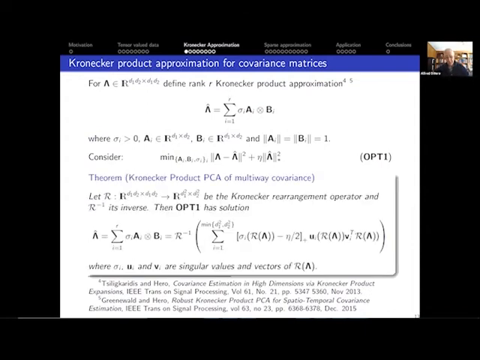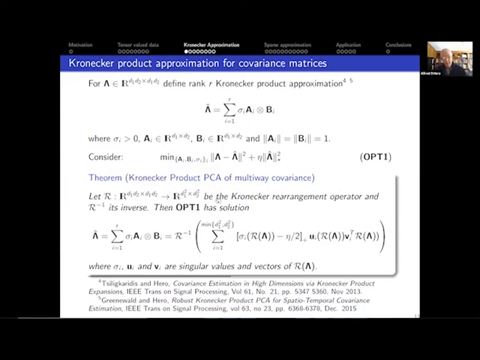So there's a very simple solution to this optimization, and that was published about 7-8 years ago, which says that all you need to do is to note the fact, these are the Frobenius norms here, that the Frobenius norm is invariant to any kind of rearrangement of the elements of the matrices of which they are measuring.